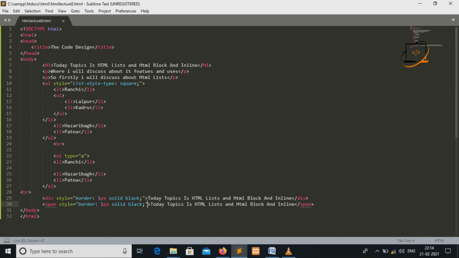A span is only an inline container used for a part of text or a part of a document. The tags used as block level elements are mainly the division tag, address tag, form, table, heading or paragraph, and many other elements. Inline elements are basically span, anchor tag, bold tag, br tag, select tag and text area.